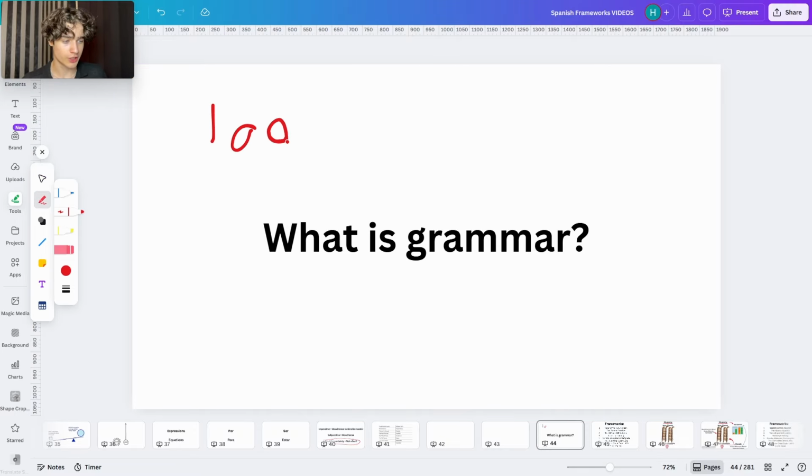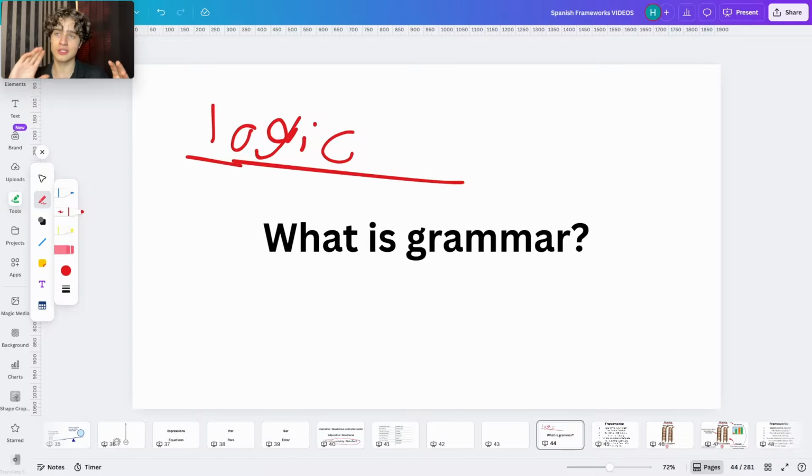It's logic. What defines a language isn't necessarily the words that are being used, because words technically all just come from our history, our past. That's why there are certain words in Spanish and in English that basically come from the same roots, which is Latin. And so words are like the makeup of the language, right? But if you take the makeup off, it's still a different language. There's still something fundamental that is different in English compared to Spanish. And that's where we talk about grammar.